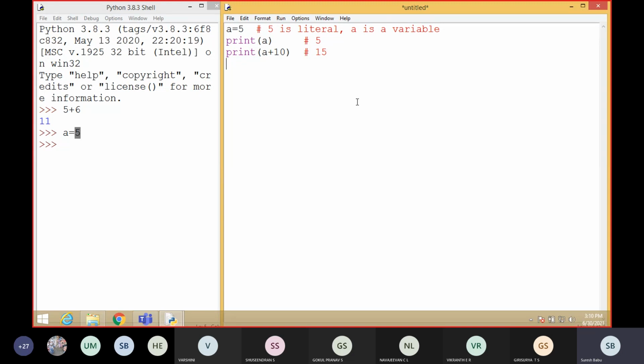Suppose you are doing like this, that is a plus equal to 20. So what is this a plus equal to? Students, which operator? Students, respond. Don't waste the time.